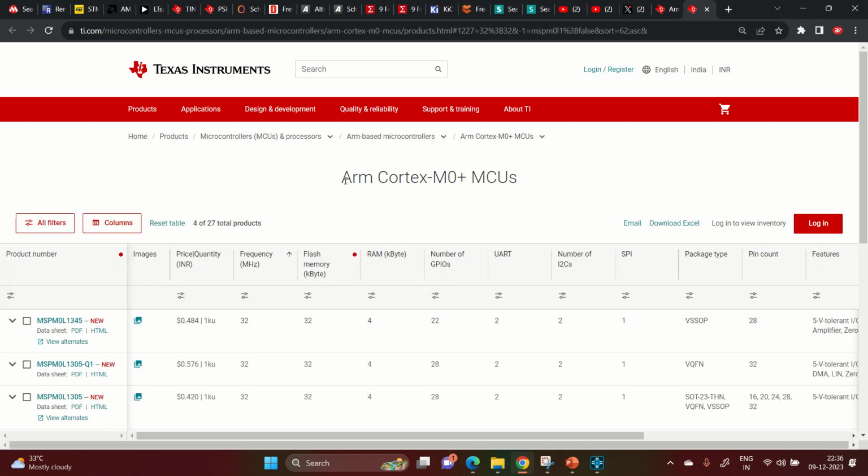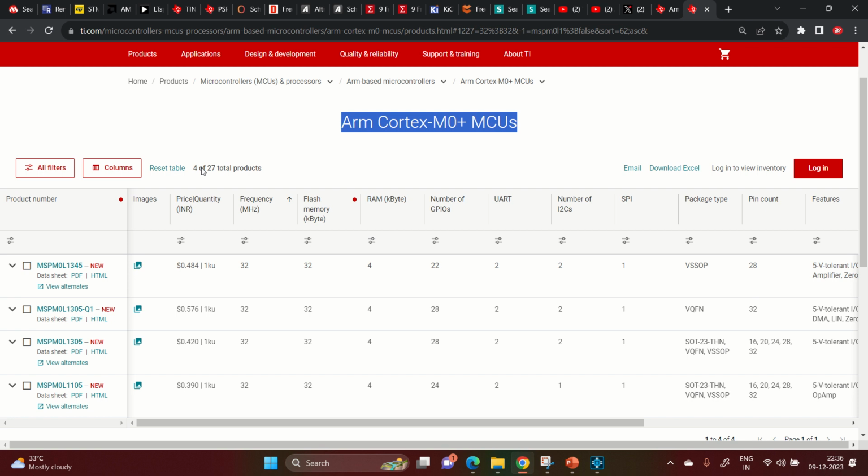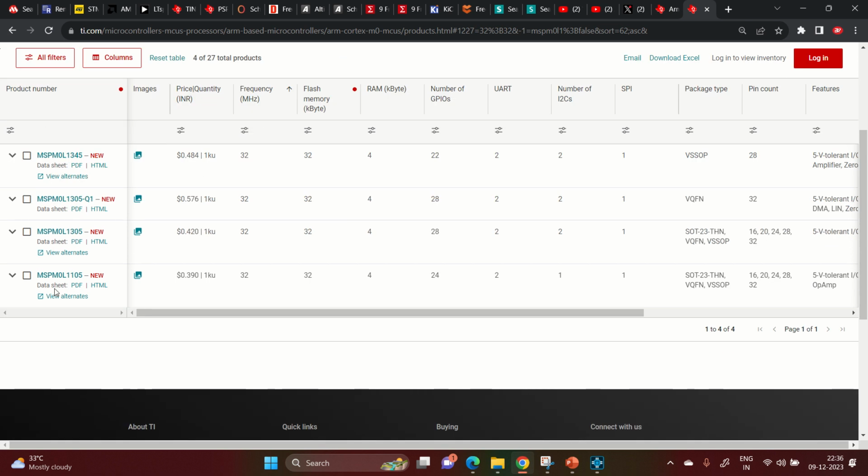So once we click on this, we can see ARM Cortex M0 Plus microcontrollers. We have only 4 entries. We can see we have MSP M0L1105 and MSP M0L1305, 1345. These are 32 KB flash with 20 pin categories. And if you want to reduce the cost, you can see it is $0.39 only, less than half